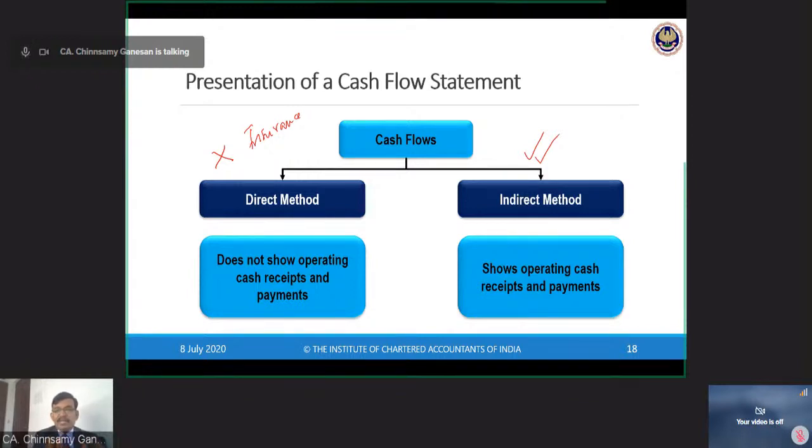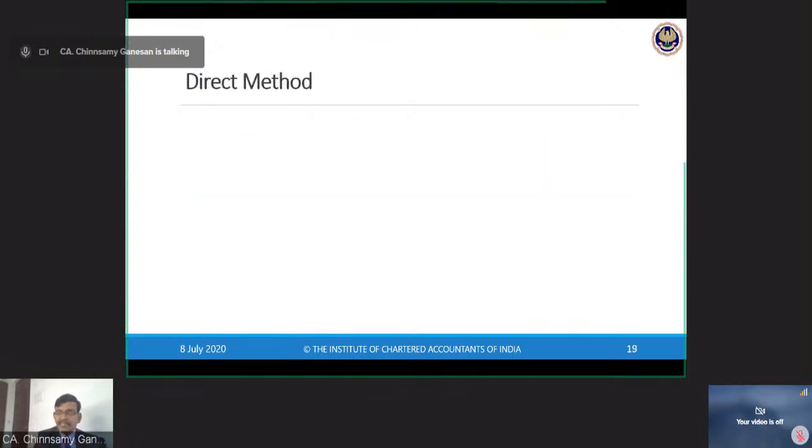So any item which has to be classified under investing activities or operating activities, if it is debited or credited to the P&L account, that will also be readjusted for that particular purpose. This is the way in which we will create. Okay. And when we are seeing the direct method,